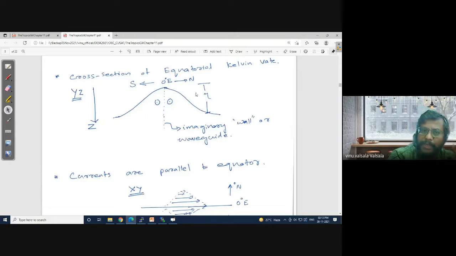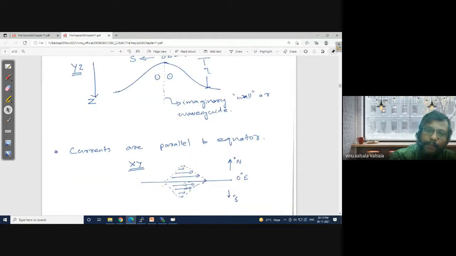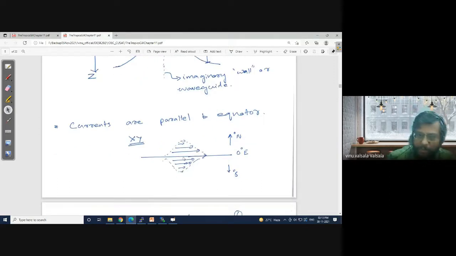So what will be the pressure gradient? Basically, the pressure gradient is in the direction of the sea surface height declining, right? And by simple geostrophy, the current built around should be perpendicular to the pressure gradient. I mean, if the pressure gradient is to the north, then the current by geostrophy should go perpendicular to it. So even by that principle, you can assume that the currents can be only in this panel as shown in the XY. So currents are parallel. That's the U velocity, and there is no V velocity, right? So that's the reason we put V equal to 0, and we further derived the Kelvin wave.